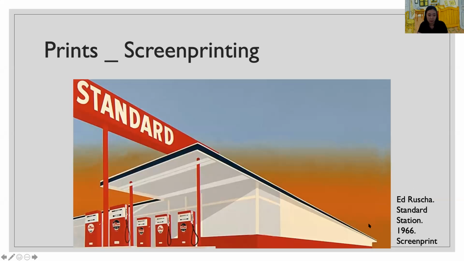All right, so this is a screen printing work. It looks like a solid acrylic painting, right? For screen printing, artists use one screen frame for each color. So for this work, for example, the artist used one frame for the ivory color, and one for the light gray here,